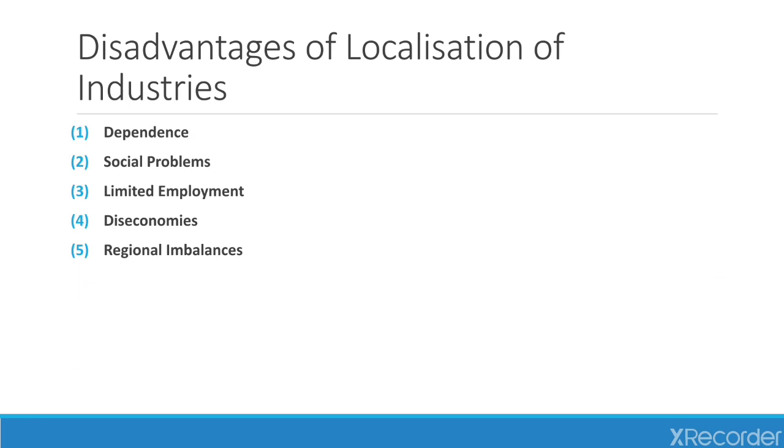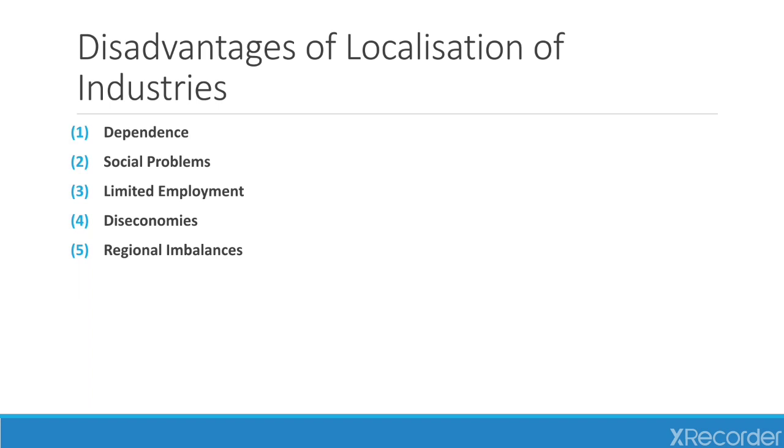Diseconomies. With the passage of time, the concentration of industry in a particular locality creates diseconomies of scale. Transport bottlenecks emerge. There are frequent power breakdowns. Financial institutions are unable to meet the credit requirement of the entire industry due to a financial shortage. The laborers might ask for higher wages and better living conditions, which also leads to a rise in cost of production and reduces productivity.